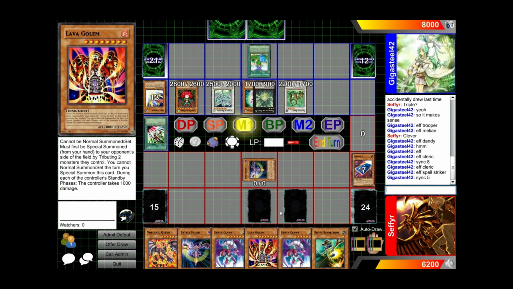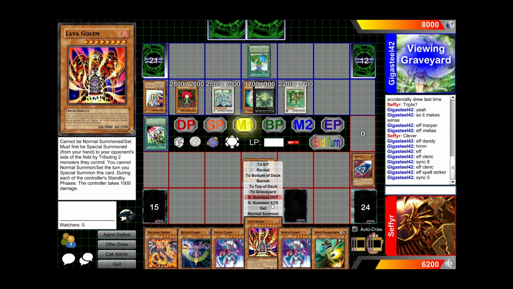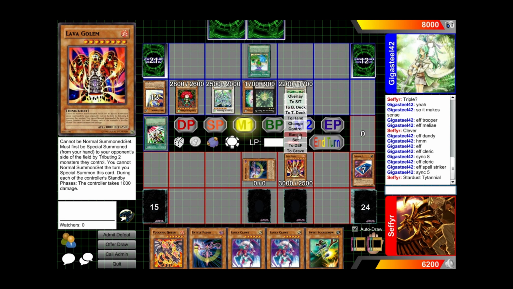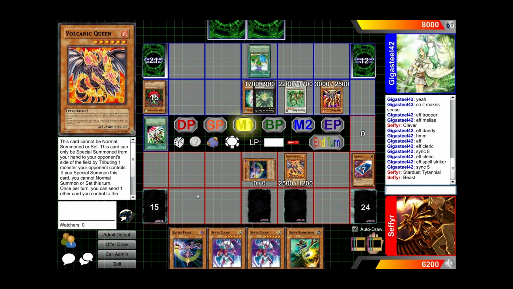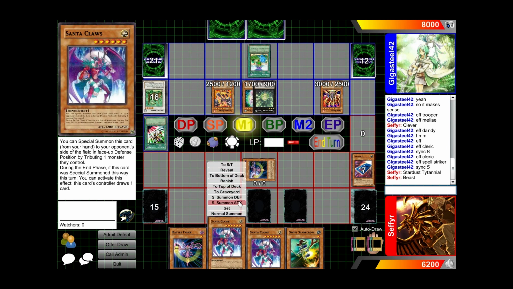This will be fun. Alright, so I can go Lava Golem, Volcanic Queen, I can tribute off for that, so yep, let's do that. We'll go Stardust Titanial, and we'll get rid of Beast. Alright, so let's see. He does not have enough room at this point, so I will go for...